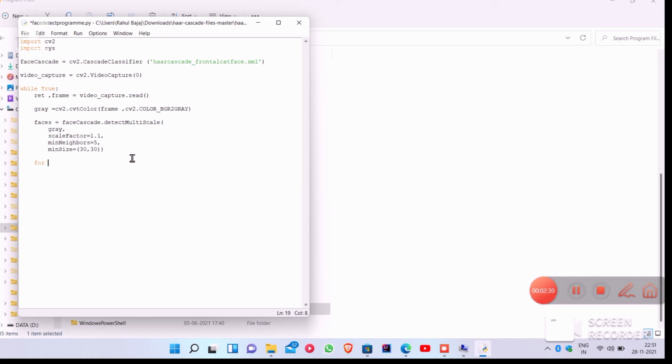For x, y, w, h, x and y stand for the coordinates, and w and h for the width and the height. So basically, for x, y, w, h in faces, we are going to detect the location of the face in the video, and then draw a rectangle around it. As you can see, we are drawing the rectangle around our faces with the function cv2.rectangle frame.